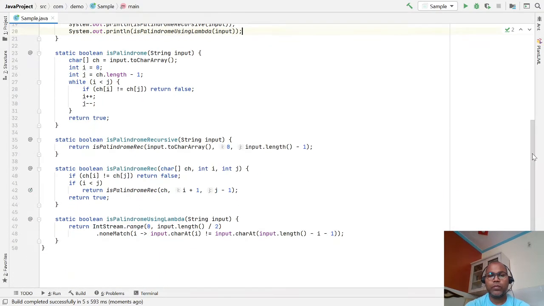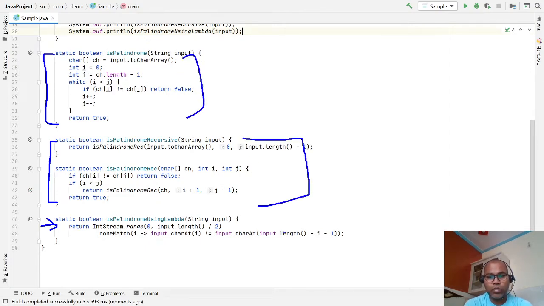And now if you look at the code, this is your iterative way code, this is your recursive way code, and this is your one line lambda expression code. The same logic that we did here, we did here, and we did here.